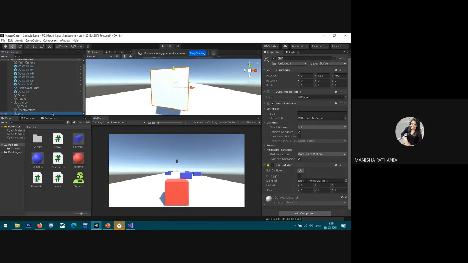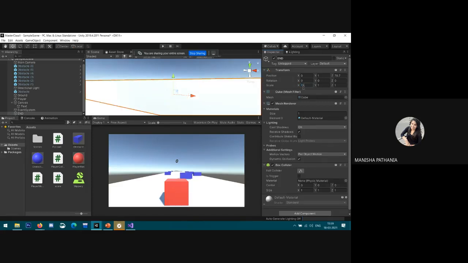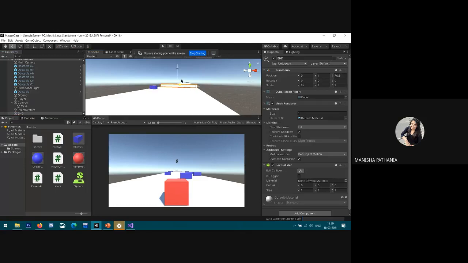Yeah. Perfect. So scale it as 15. Yes. So I untick this mesh renderer, because I don't want it to be visible to the player.